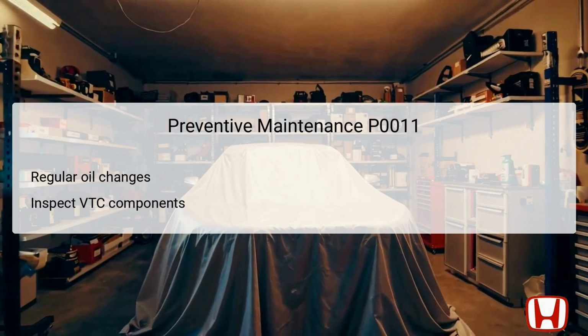Additionally, routine inspections of VTC components, including the actuator and solenoid, can help catch potential problems before they escalate into significant issues. Monitoring for oil leaks and ensuring that the oil filter is changed regularly can also contribute to maintaining the health of the VTC system. By implementing these preventive measures, vehicle owners can help reduce the likelihood of experiencing DTC P0011 and related performance issues